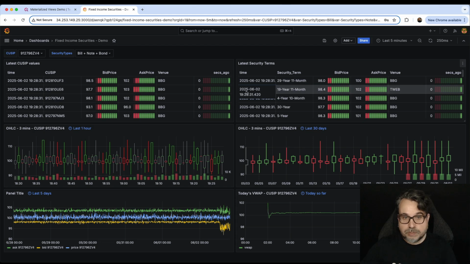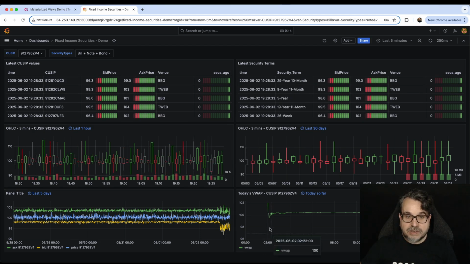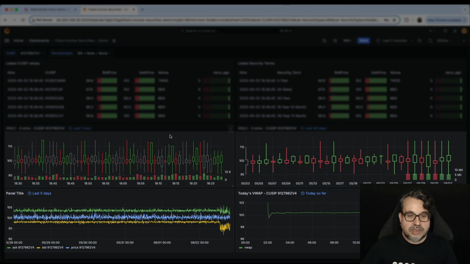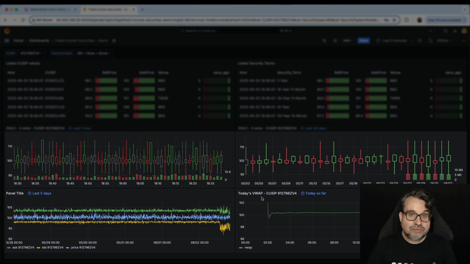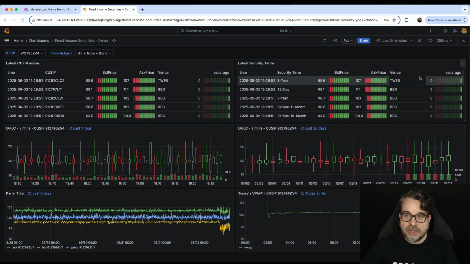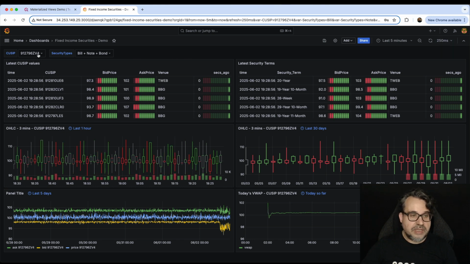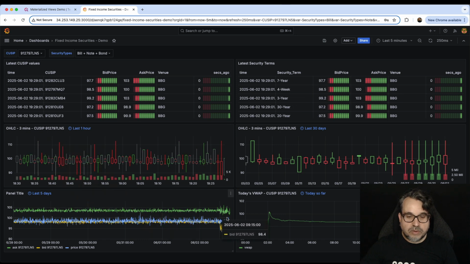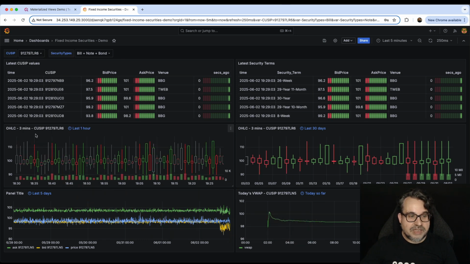On this dashboard, I have 6 panels. The 2 at the top are coming directly from the base table without any view, but the 2 candle bars, the mid price and the volume weighted average, they are coming from materialized views. And this dashboard at the moment is refreshing every 250 milliseconds. And if I change the filters here, you can see all the views, all the charts refresh pretty much instantly.